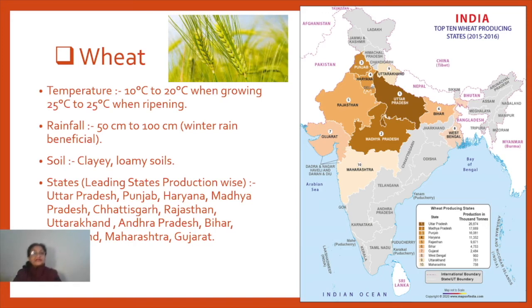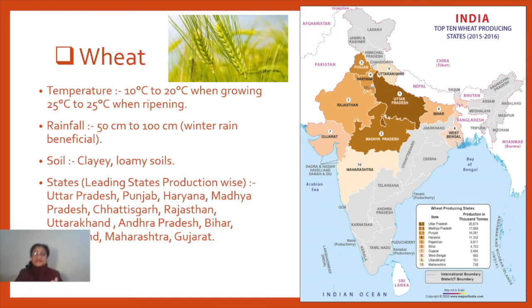And actually it's a temperate crop, better to call it a temperate crop, and it needs comparatively less temperature. Okay, this is the reason in the southernmost part of India wheat is not grown. It needs comparatively low temperature throughout, which can be seen only in the northern plains, because we have a clear winter season in the northern parts of India. This is the reason wheat cultivation is not done at all in the southern parts, because the temperature is never seen so low in those areas, right? A big reason for that.